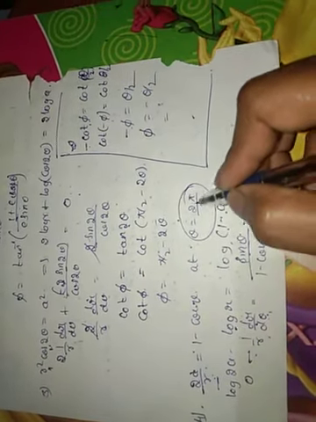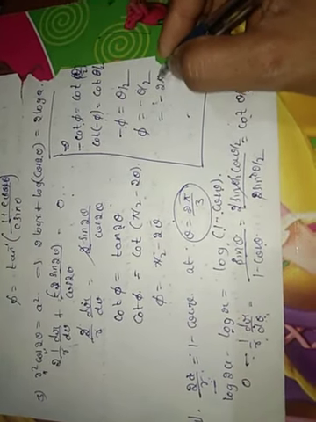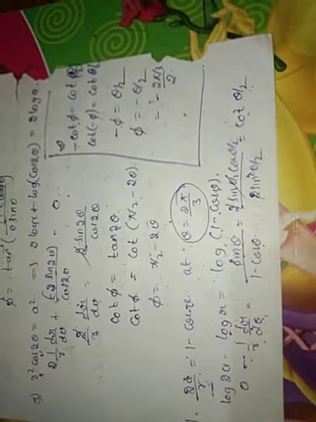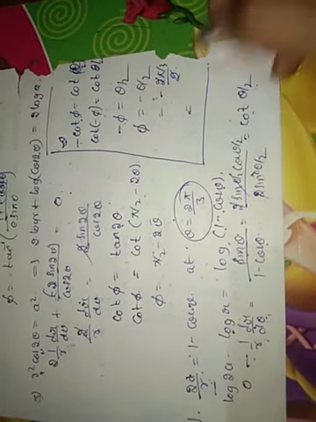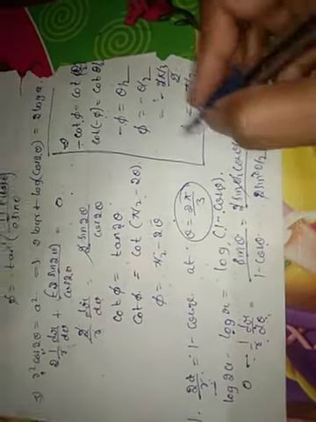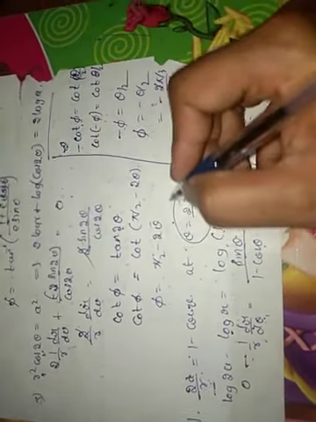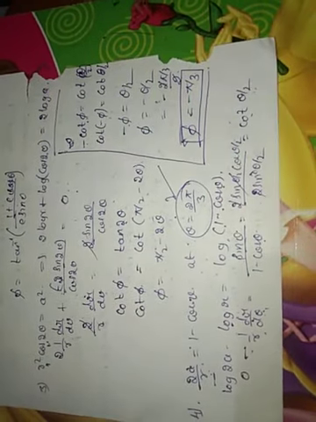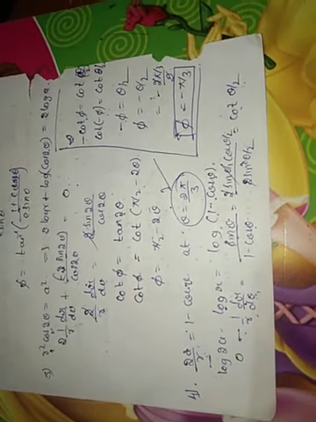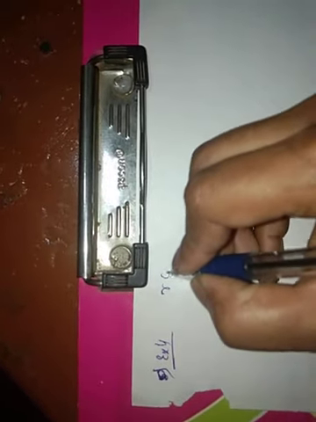And the angle mentioned is 2 pi by 3. Just replace the theta here: minus 2 pi by 3 divided by 2. Cancel a 2 on both sides, and we get phi equal to minus pi by 3. That is the angle between the radius vector and tangent at the particular mentioned angle theta equal to 2 pi by 3. So the next example is in the same manner.